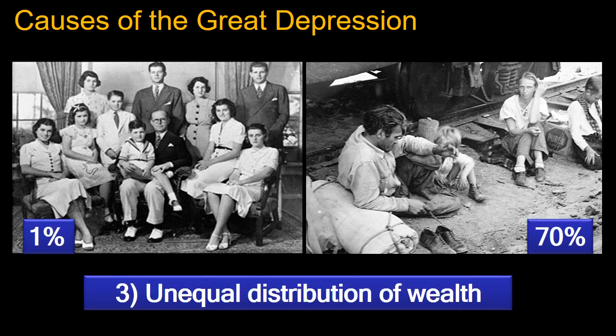Another cause of the Great Depression was the uneven distribution of income. This simply means that the rich were getting much richer, while everyone else was getting poorer. Almost 70% of Americans were living below the poverty line at that time, which was a family that earned less than $2,500 per year. Only 1% of the population earned over $10,000 per year. If most Americans are impoverished, they can't purchase goods to keep the economy going strong.